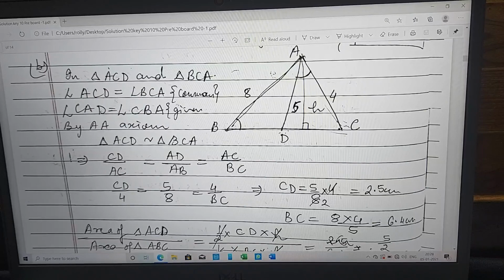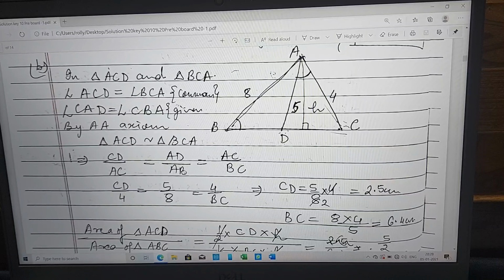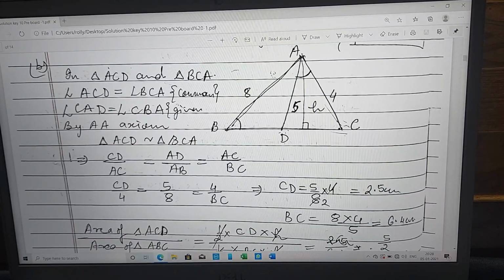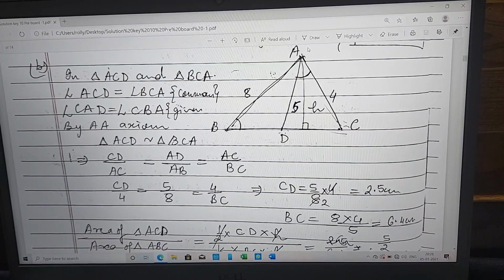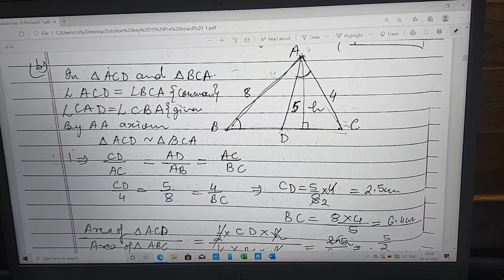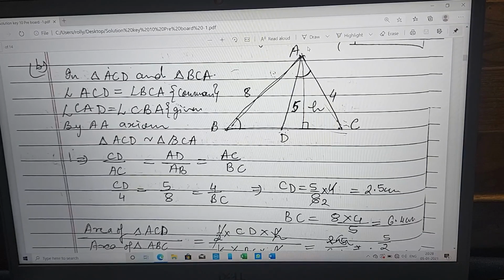Okay, as it is shown here, these two angles are equal. You can show that by AA axiom they are similar to each other. It was given that angle CAD is equal to angle CBA. It was given in the question. And if we take triangle ACD, then complete angle C belongs to angle ACD. But we have to write the 3-letter name ACD and then BCA or ACB. Fine. Then once triangles are similar to each other, the ratio of their corresponding sides will be equal.